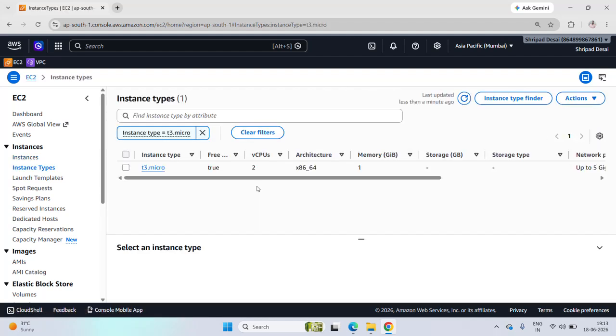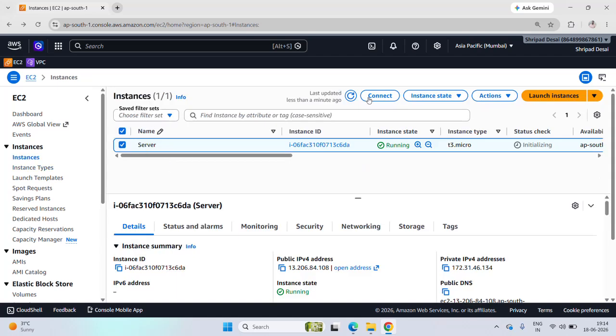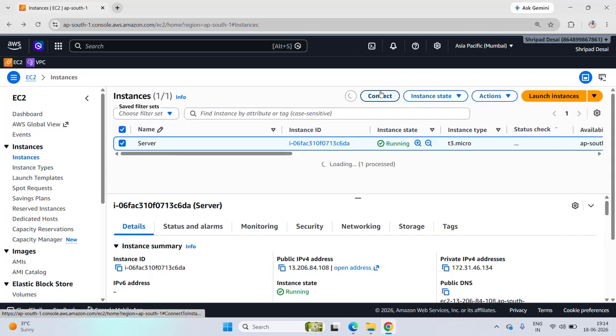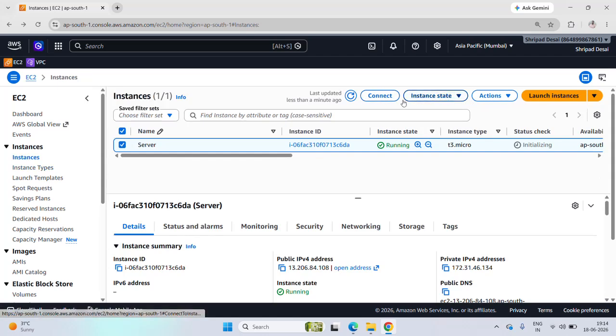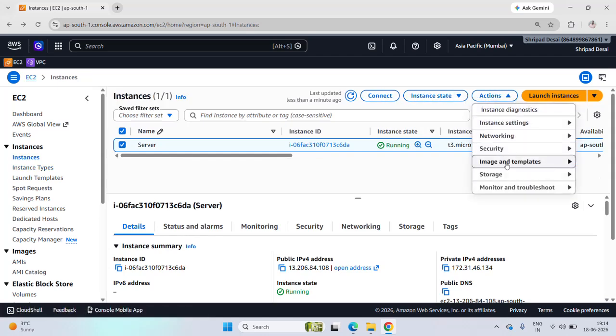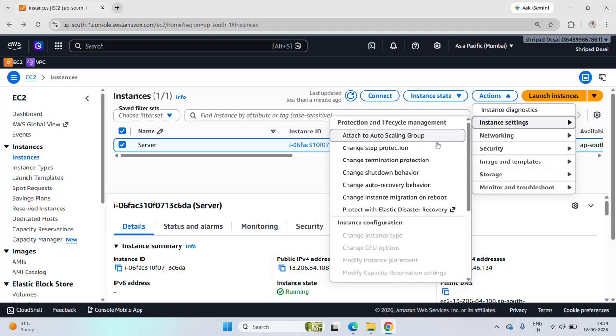If I go to t3.micro, we can observe that it is having two CPUs and 1 GB of RAM. Now, to execute my applications or processes in a faster way, I will have to upgrade this, let's say, to more number of virtual CPUs or more RAM. So how am I going to do that? We'll be going to the instance, we'll be clicking on instance settings, and here you can see there's an option,